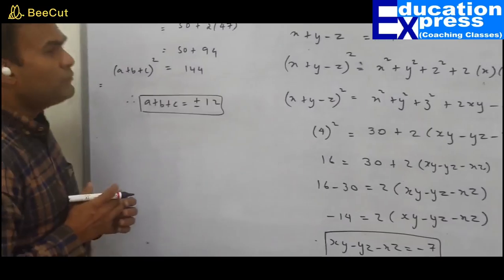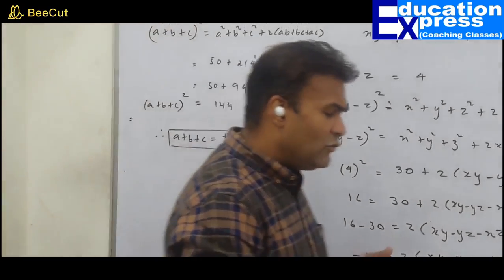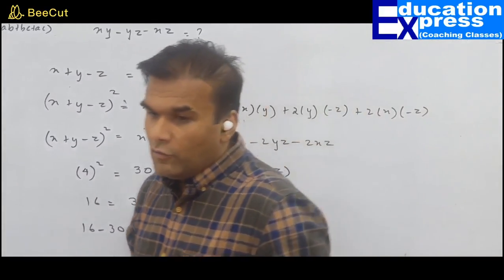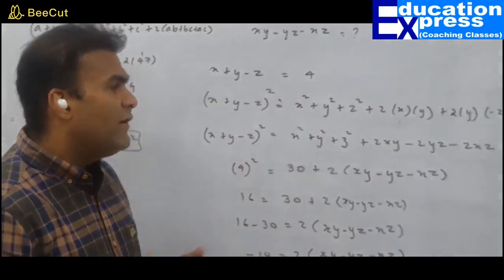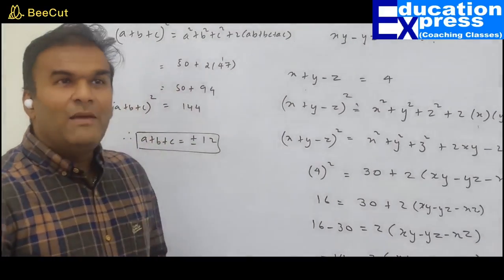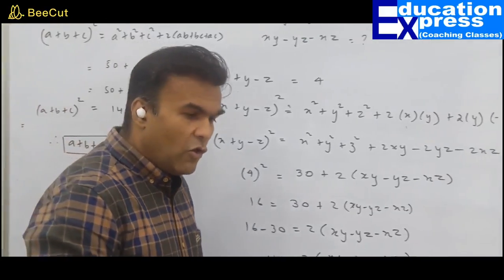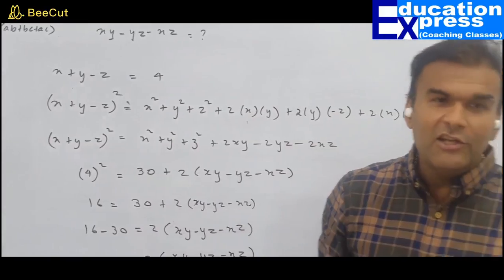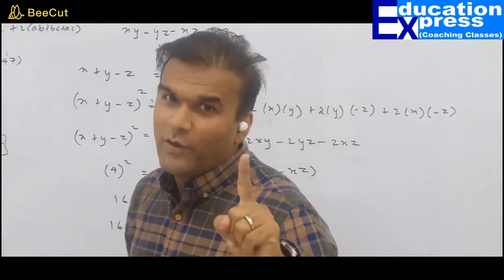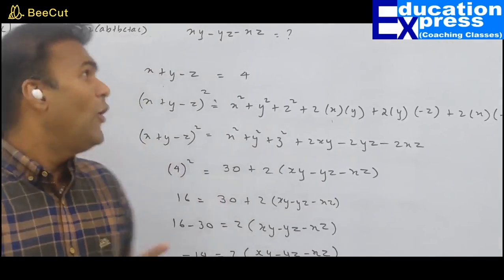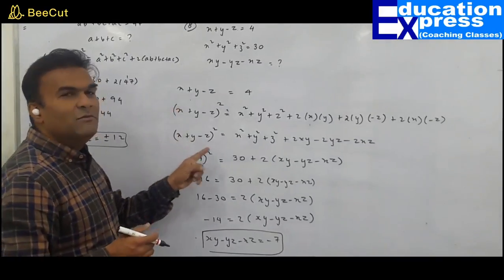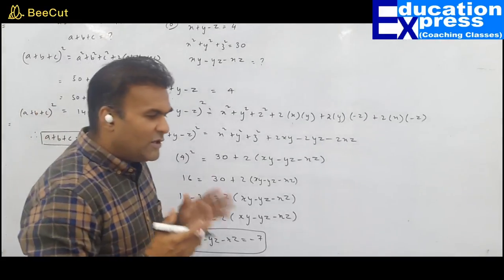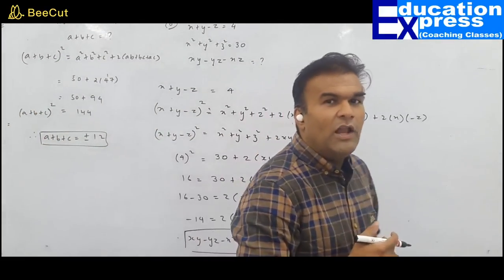I am sure questions pertaining to the sum of 3 terms and finding the square of that couldn't have been as simple as what we have done. It is one of the examiner's most favorite questions, and almost each and every question paper will certainly contain at least one question on the square of the sum of 3 terms. So in case you want to find out the square of the sum of 3 terms, you have to refer